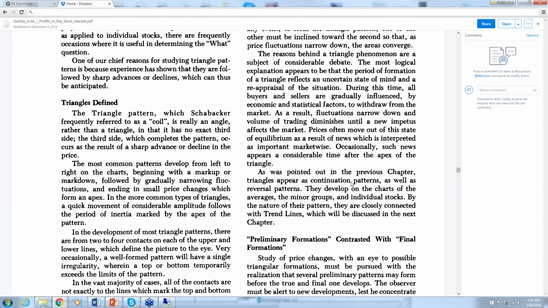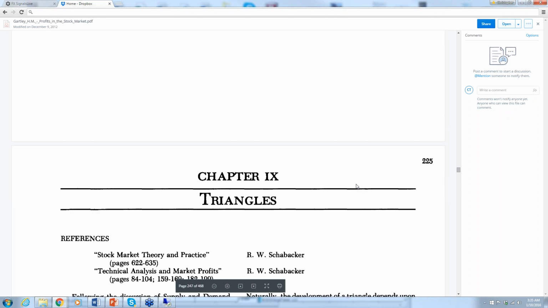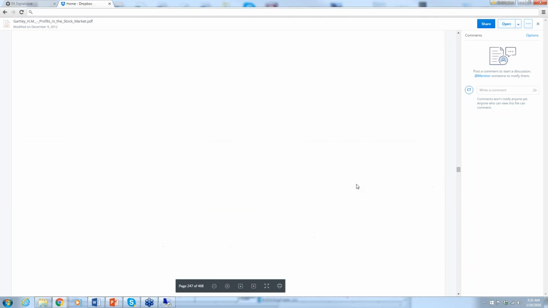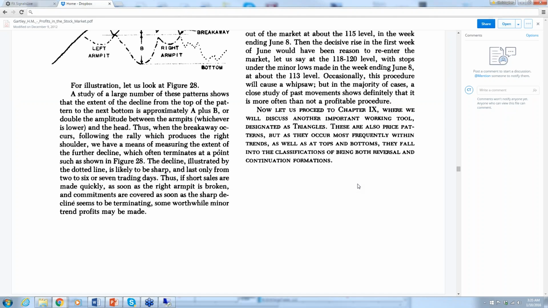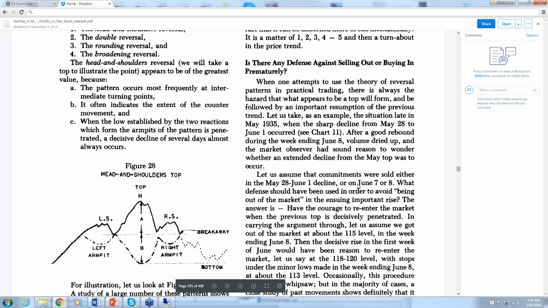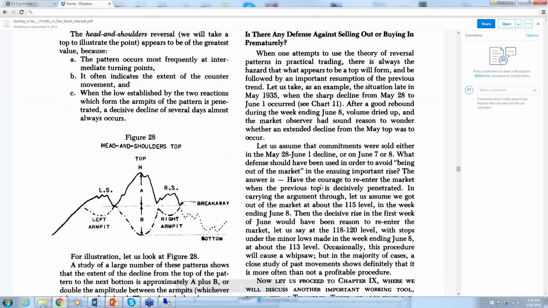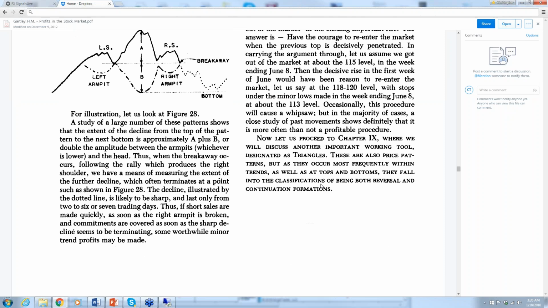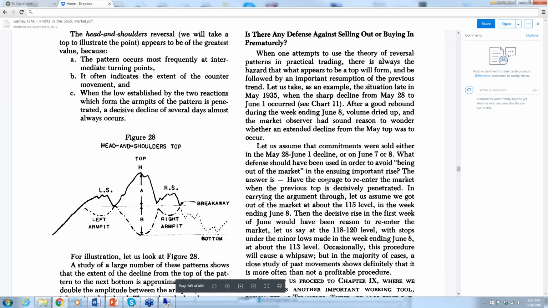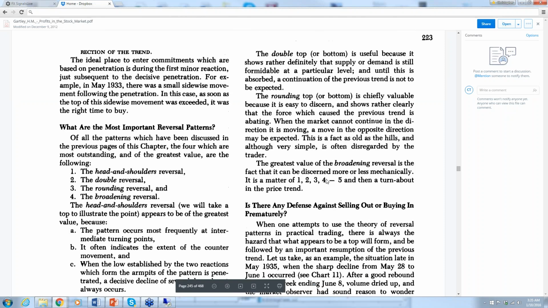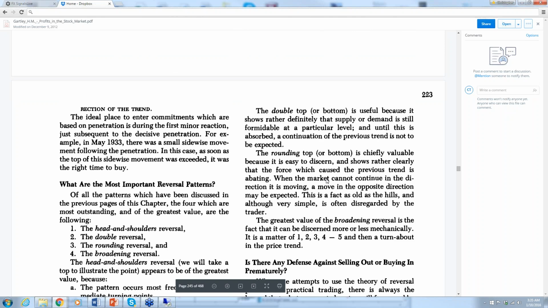So I try to keep everything to the old analysis as I could. Now I got to find the right page here. 222. Okay. It's called a head and shoulders pattern right there. It calls it an armpit. So right here in this book,